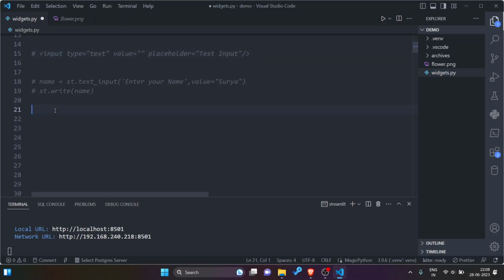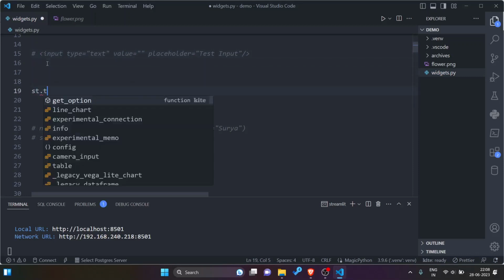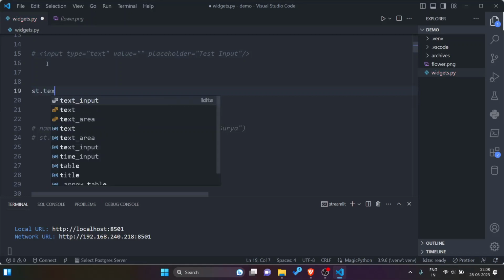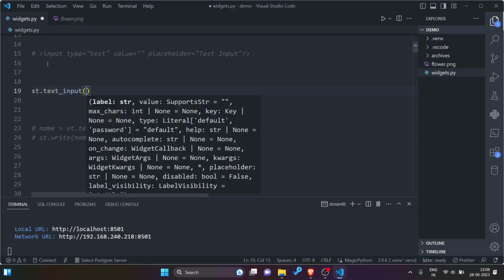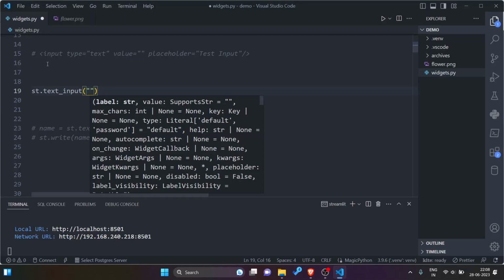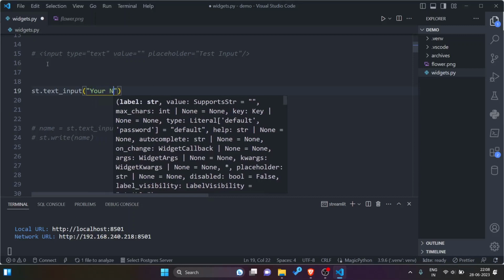The mandatory fields in text input are, st.text_input. The first mandatory field is label, your name.